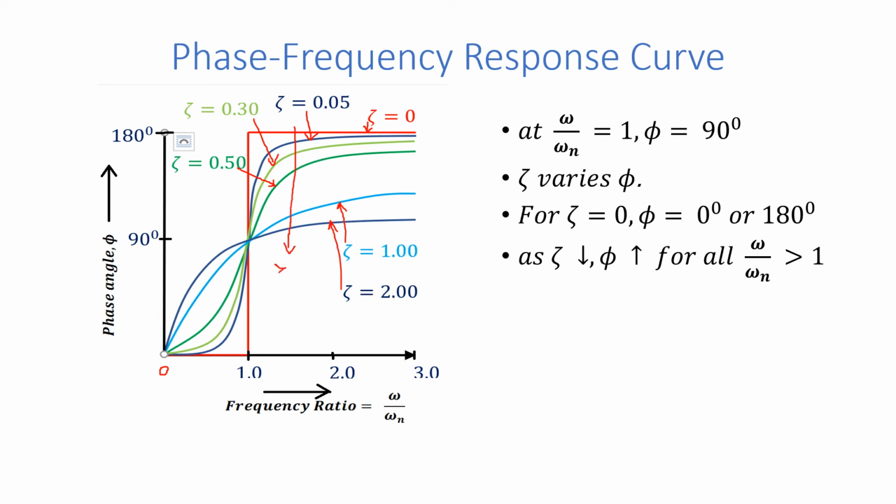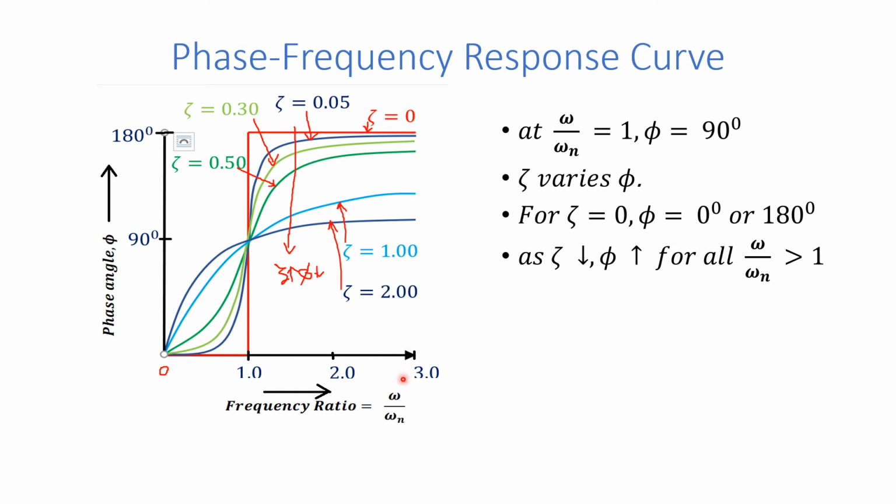We have observed zeta is increasing, phi is decreasing. And for low values of zeta, we get higher phase difference. For lower values of zeta, we get higher phase difference when we are on the right side of the plot,